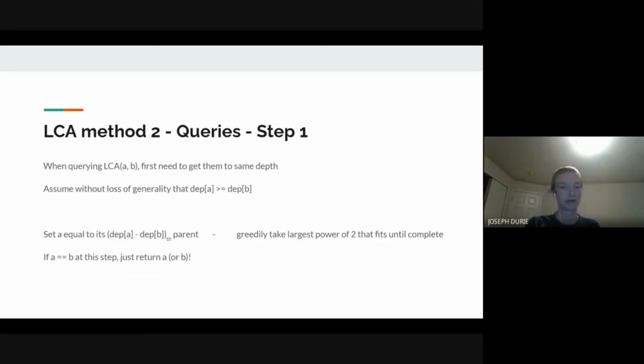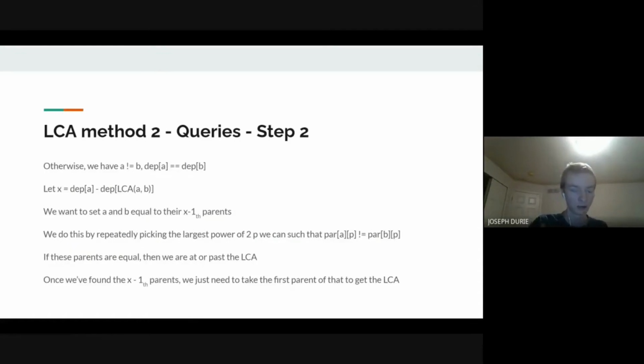So now we just need to handle the case where they're not equal and they have the same depth. The idea is we want to move them up together as far as we can, such that they're not equal. So if we let x be the difference in depth between A and their LCA, right? We want to set them equal to their (x minus 1)th parents. And again, we can do this in log n by pulling out the biggest power of 2 over and over again. Because if we have 5, we break it up into 4 and 1, and it's that trick again,